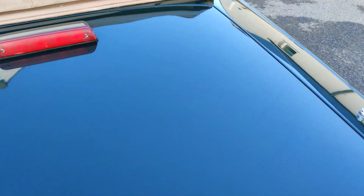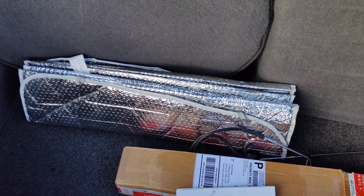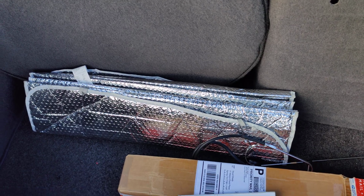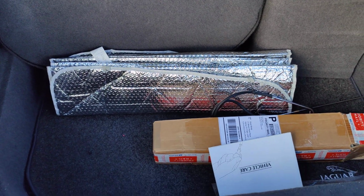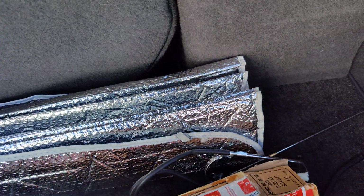Just take you into the boot. There's a full-size spare in this car. You've got a sun shield there. I would just leave that with the car. It's actually a Jaguar windscreen shield. This is the wood that I got from Paul's Jaguar in the US, so that's the